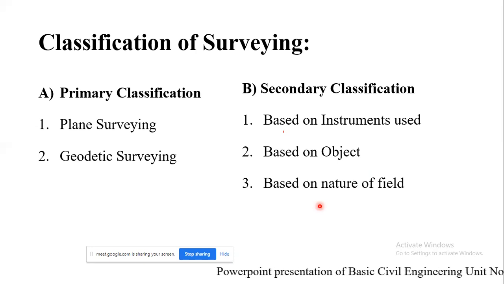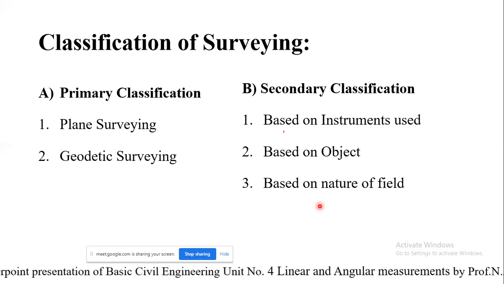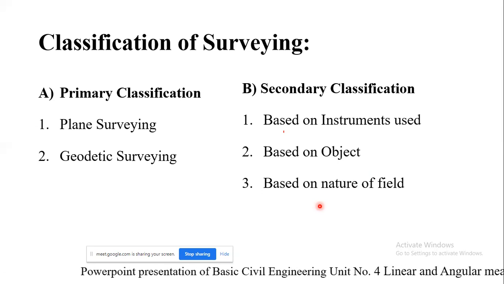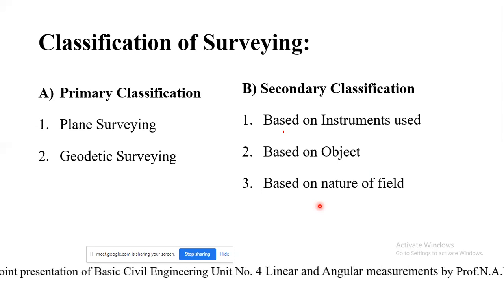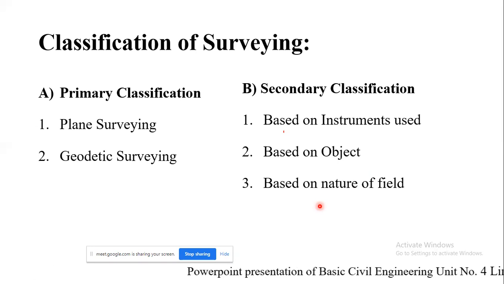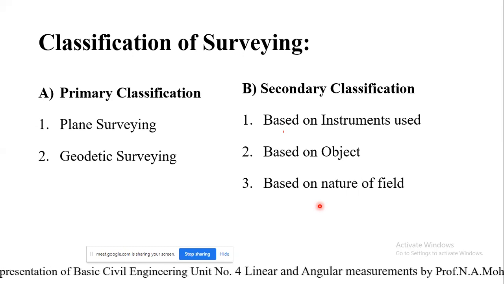Further, land surveying. If you have visited any local civil office, you might have seen that a separate department keeps the record of each and every house where it is located, or each and every water supply where it is located. That is nothing but land surveying. A separate department is there. Likewise the irrigation department, then the public works department, PWD, which keeps the record of each and every work that has been carried out.